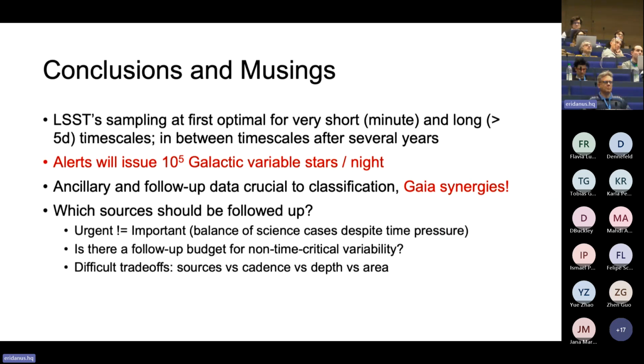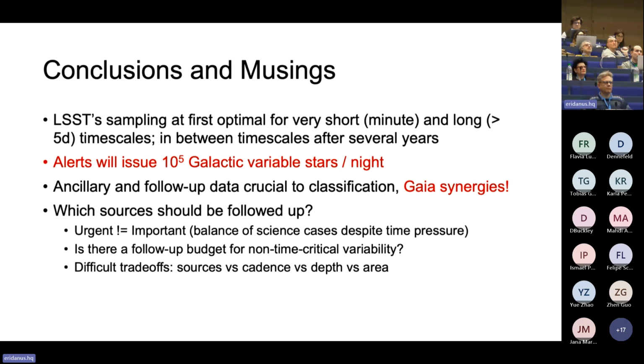And that brings me to a very interesting question that I find, and maybe it's been answered: which of the sources should really be followed up? There's one element I'd like to put on the table, which is that urgent is not equal to important, as everybody who's looked at the Eisenhower diagram knows. Important is something you define by the scientific impact. Urgent has to do with time criticality and whether you need to assign a ToO mode or something like this. We will be swamped with alerts of ToO systems, and we must make sure that even persistent variable sources are followed up adequately.